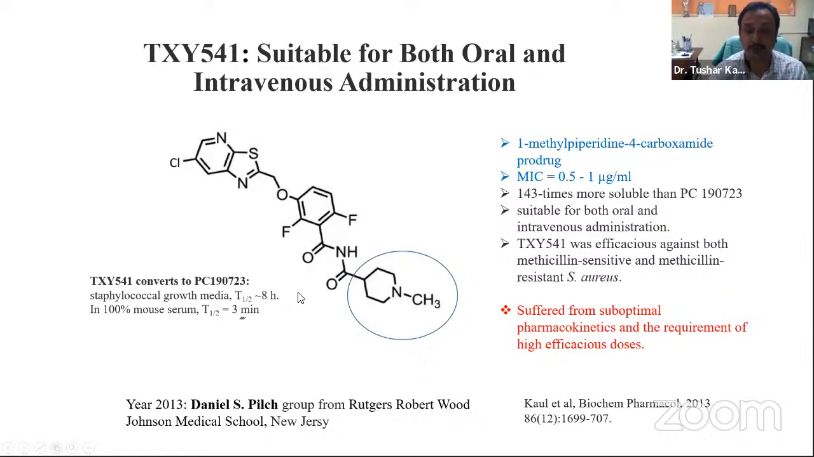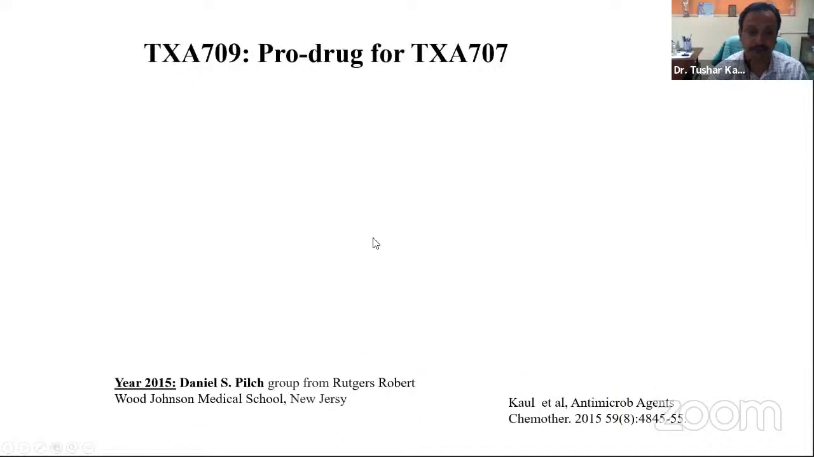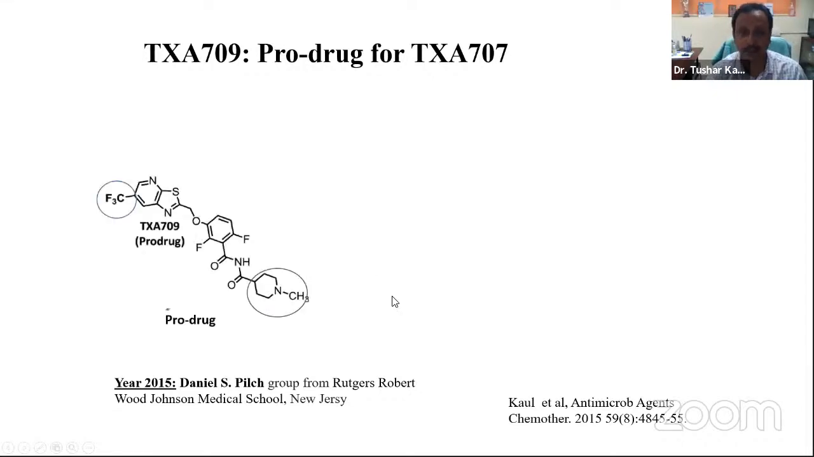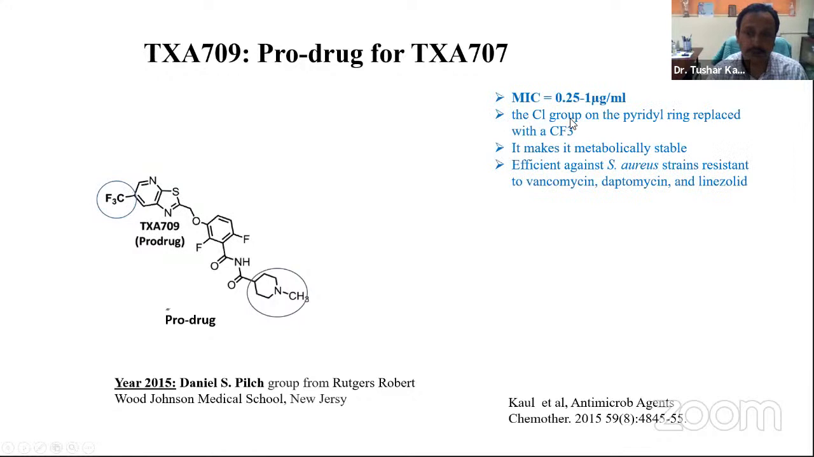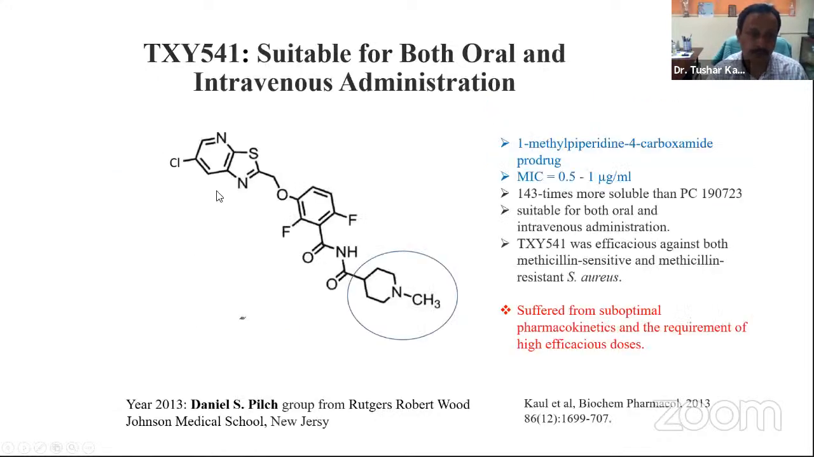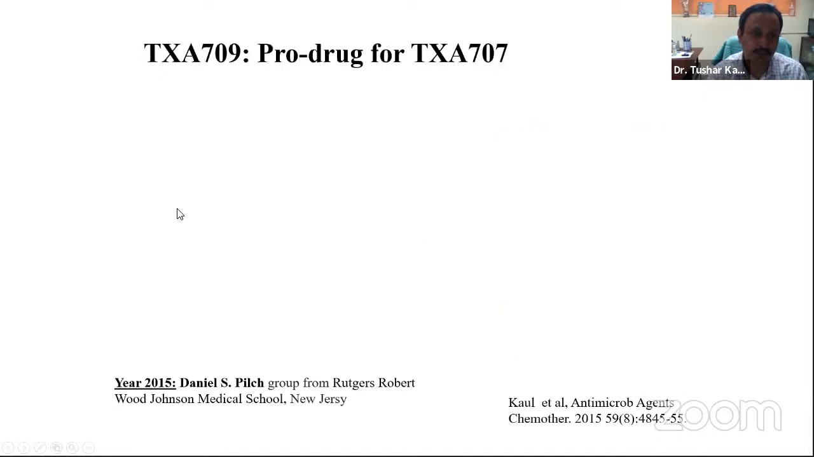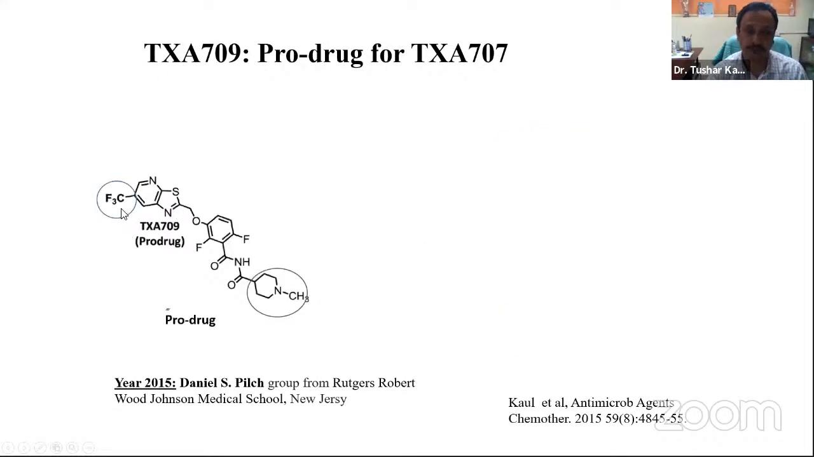Here, the T half of this prodrug, converting to PC190723, was 8 hours. Previously it was 18 minutes, but that is in Staphylococcus growth media; in mouse serum it is only 3 minutes. Okay. The same group in 2015, if you look at their publications, every 2 years they modified this molecule. They made another modification: this chlorine group here, they modified to a CF3 group, and now